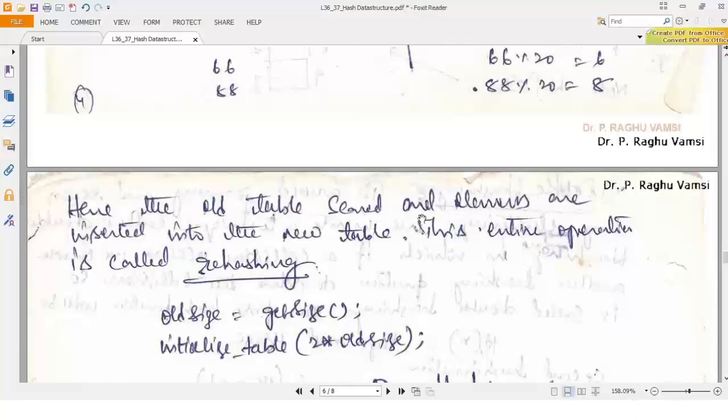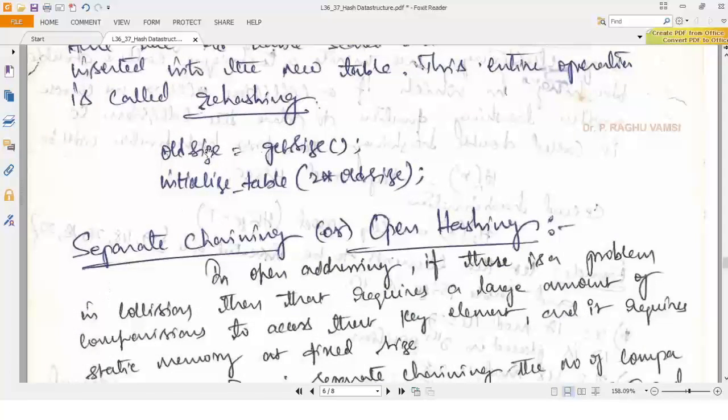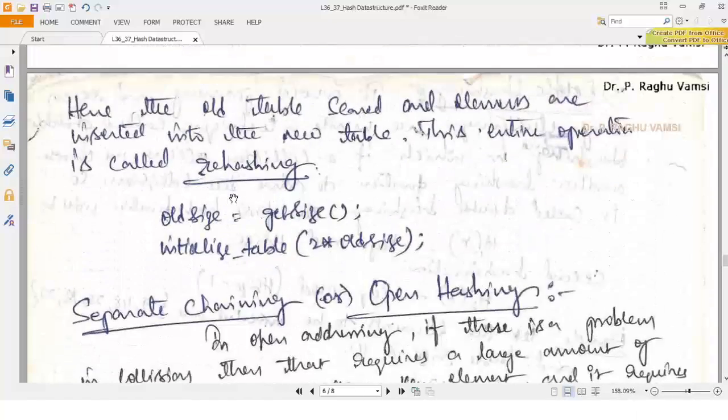Here is the old table, and the elements are inserted into the new table. This entire operation is called rehashing. So old size is equal to get size, and initialize the table to 2 into old size. So this is the thing. So whenever the collision occurs,